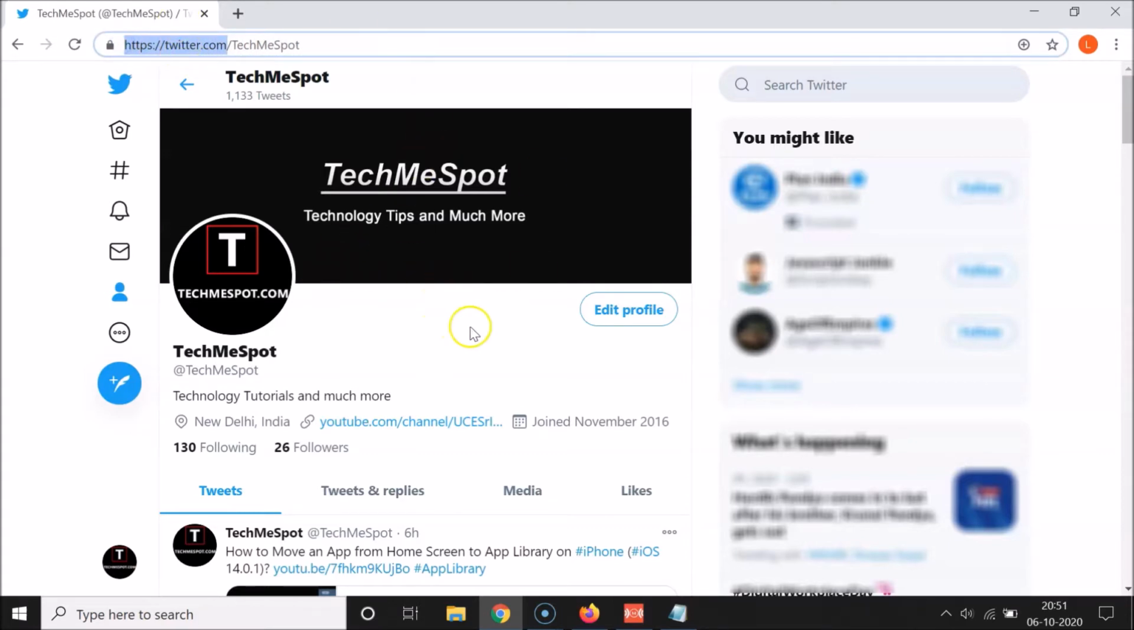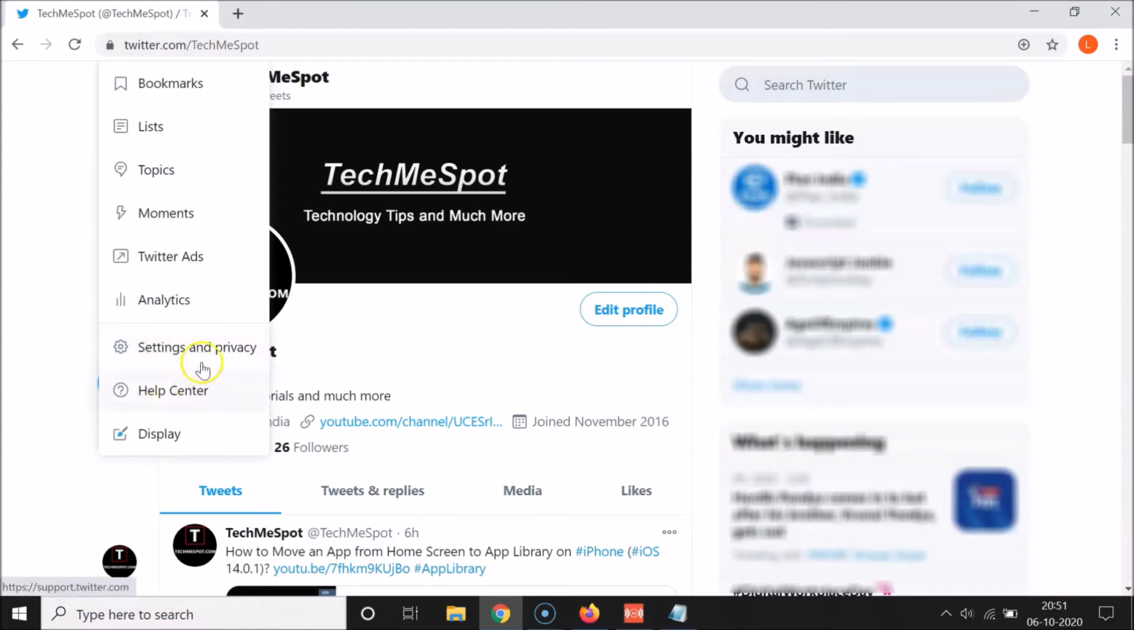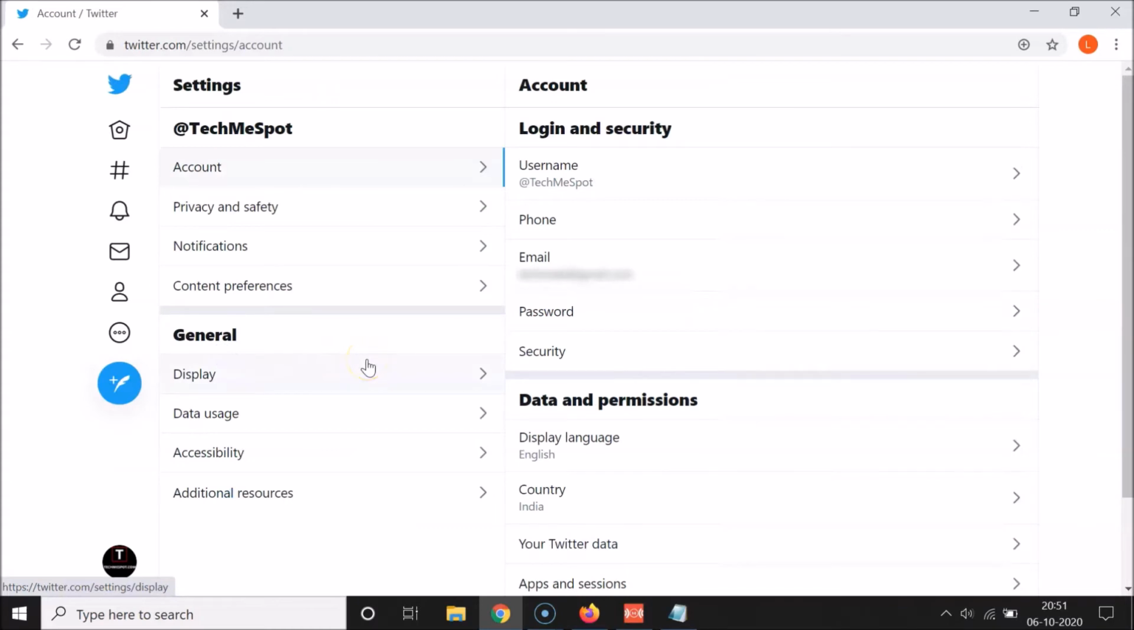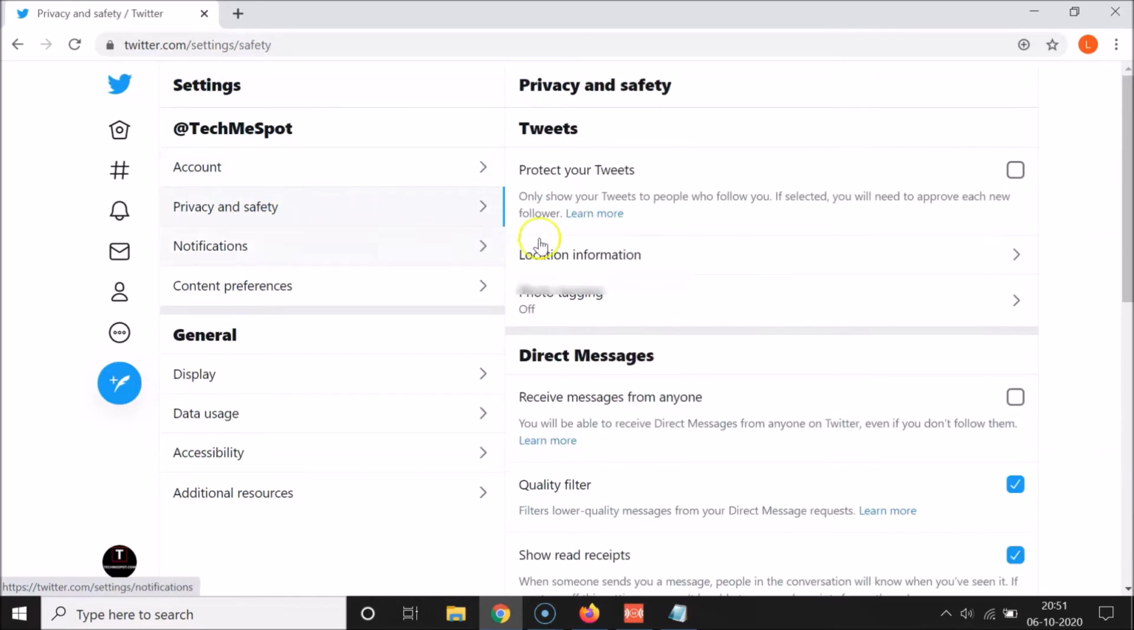You can see I'm already logged into my Twitter account, and after that you have to click on this circle button with three dots in it. So let me click on that, and then you have to click on this settings and privacy. And after that guys you have to come to this settings section, and then you have to click on this privacy and safety. So let me click on that, and then you have to come to this direct messages section,